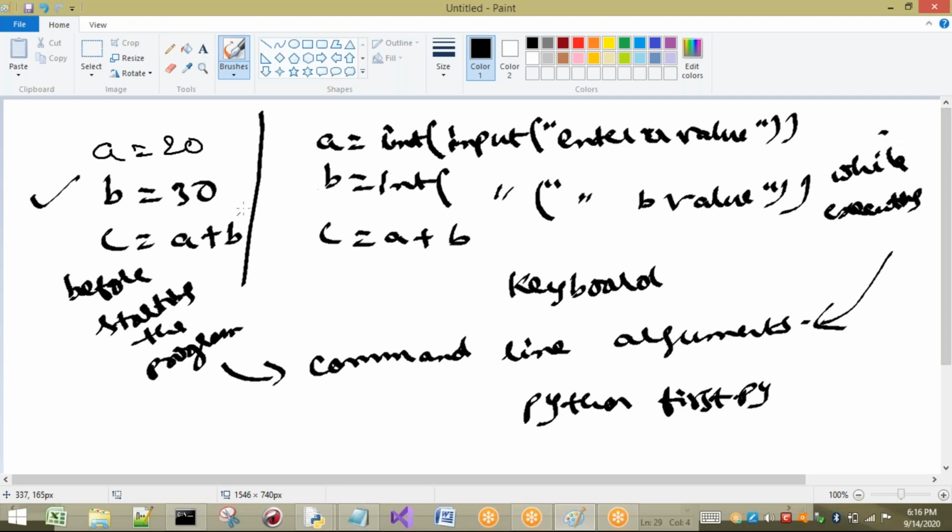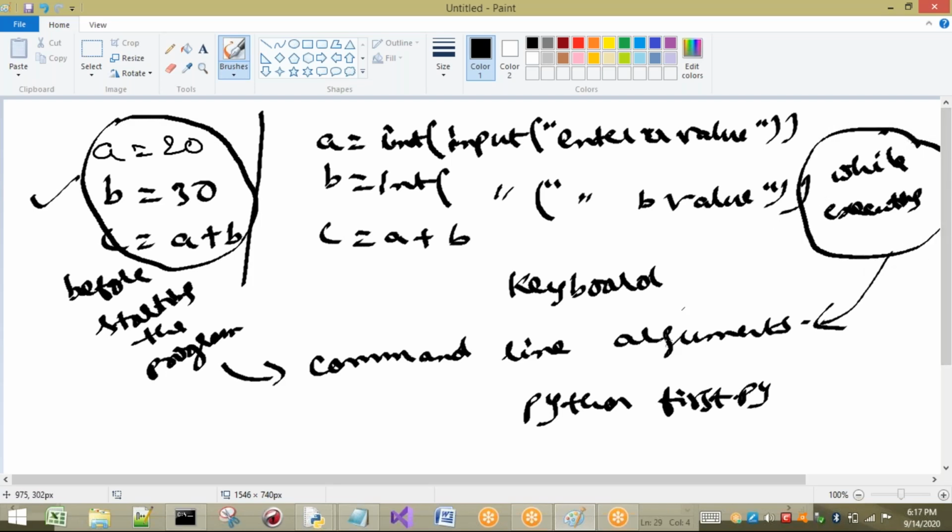In the program I gave inputs directly, and while executing I gave inputs using the keyboard. Here also, before executing, I will write whatever inputs I require, for example 10, 20, and press enter. Automatically you are going to get some result. So let us see with examples.